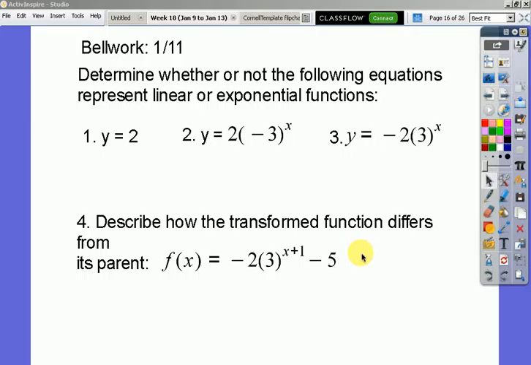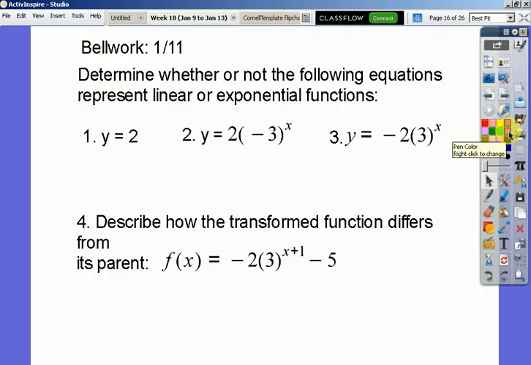So today, before we start lesson 6.4, we're going to go over some bell work. I noticed that one of your homework problems from yesterday looked very much like an exponential function, but was not. As I was going around, several of you missed it. And that's okay, because it really has to do with a minute detail in our definition of exponential functions and